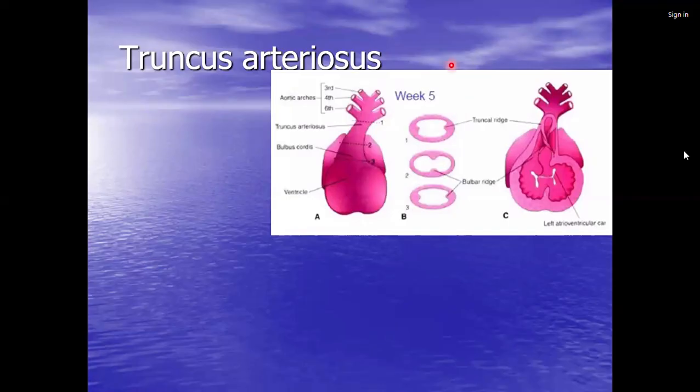It is spiraling. So we have an aorticopulmonary septum that separates the primitive aorta and the pulmonary artery from what was commonly the truncus arteriosus. Occasionally, we might have incomplete spiraling,